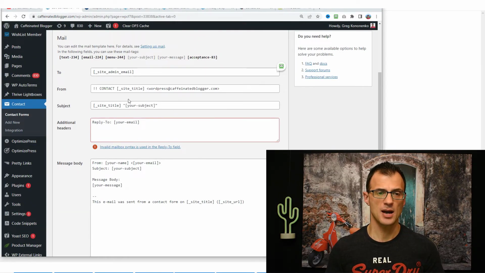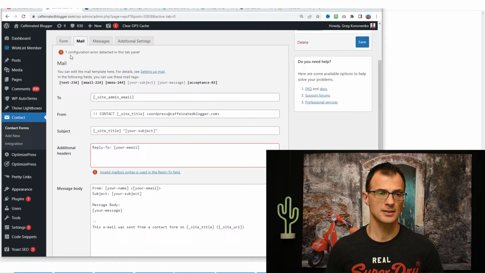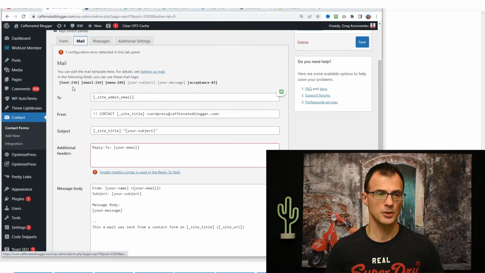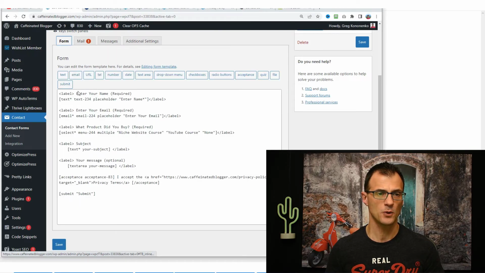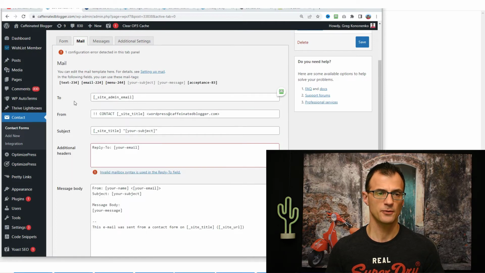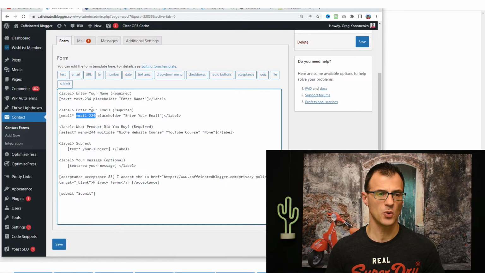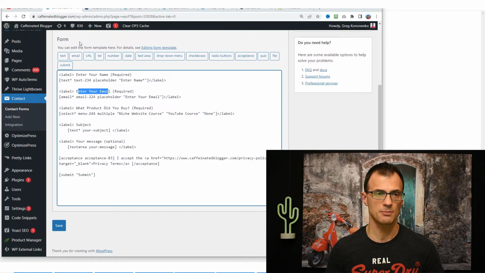Now, if you are in doubt regarding any of these shortcodes, then just take a look over here above. These are all of the fields that we're using, and all of these fields are specified here in the form. So for example, you can see that text234 is the name. Then you will see that email224 is the email of the person who is submitting the request.